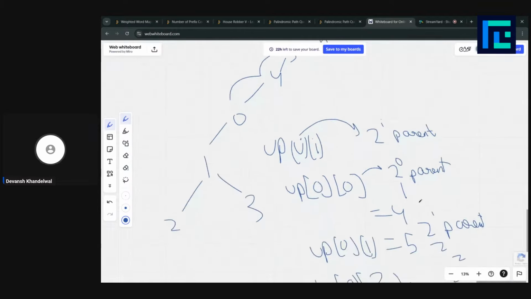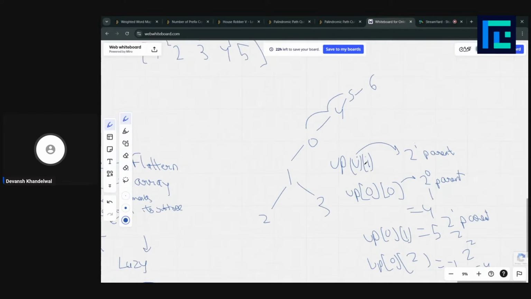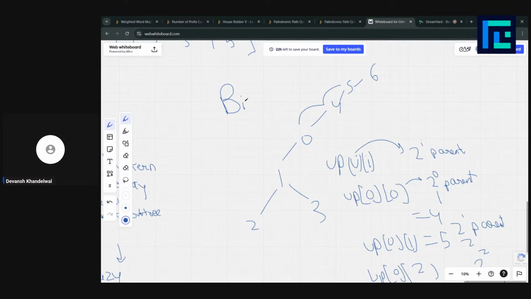Here we don't have a fourth parent, so this would be -1 or whatever you want to store. This is binary lifting, and it is used to calculate LCA.